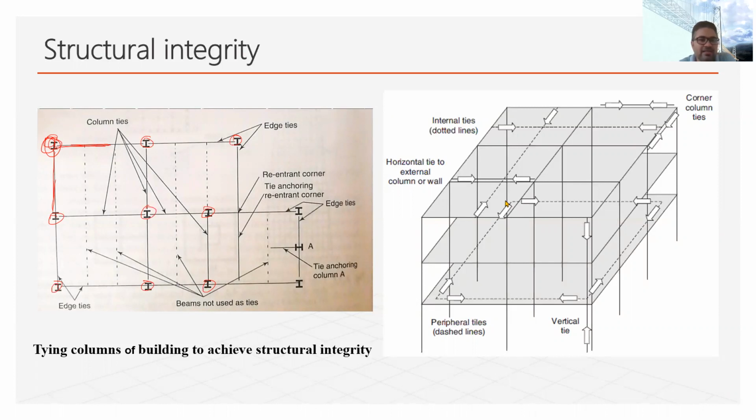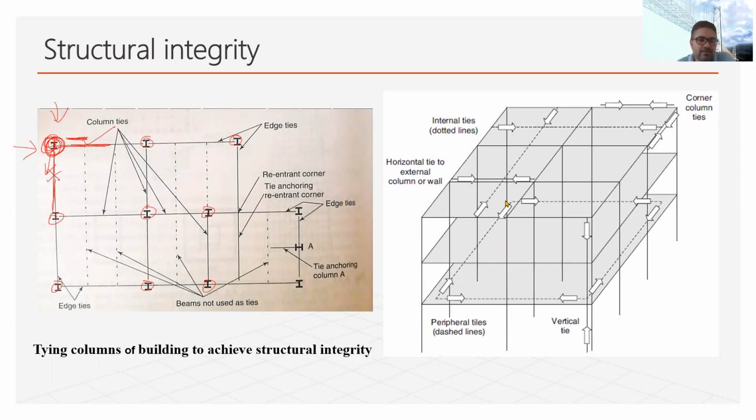They should be tied at 90-degree with at least two tie members. So these beams are basically the tie members. So if I connect this column with this member only, if I don't connect with this, then what will happen? Then it will become strong in this direction. But if load is coming like this, then this column may go like this and it will sway. So structural integrity will not be ensured.